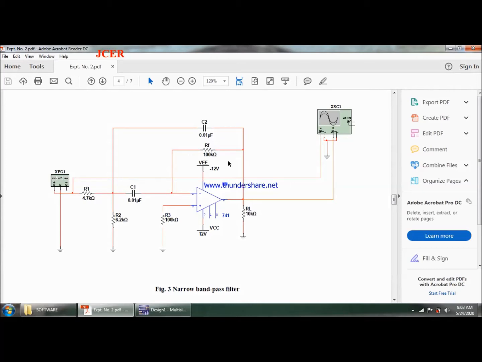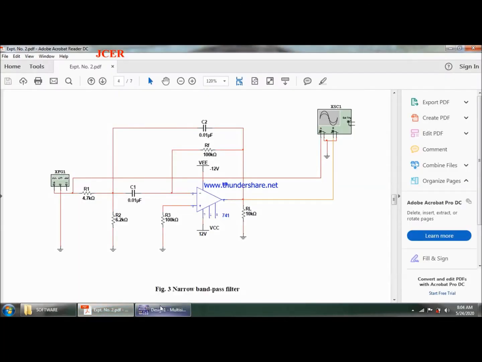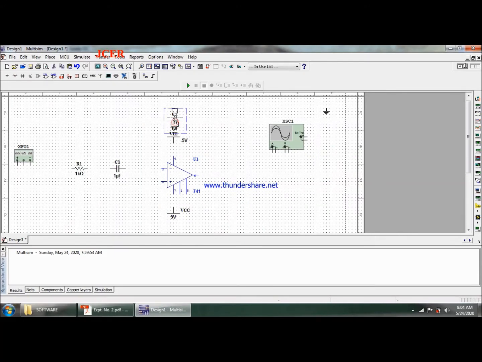So I'll just build this. I'll have an R in series with C. Then further I'll have one more capacitance on top, over which I'll have a resistance. So first a resistance, then the capacitance.